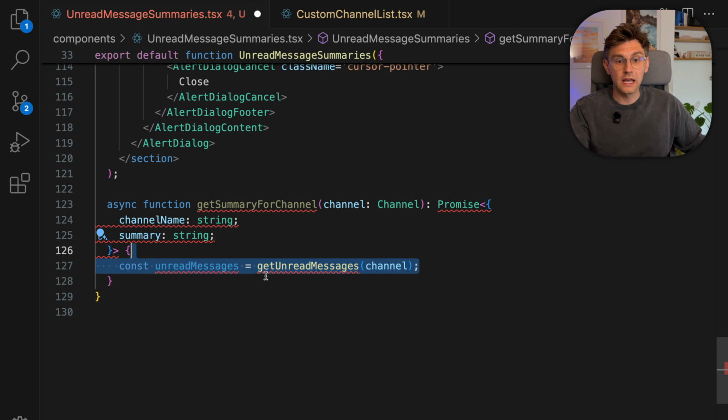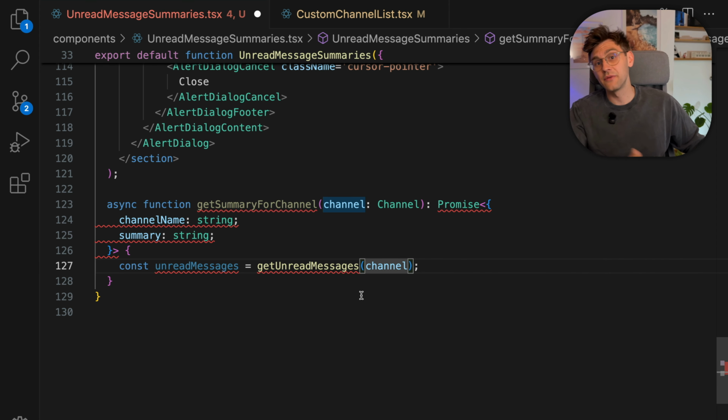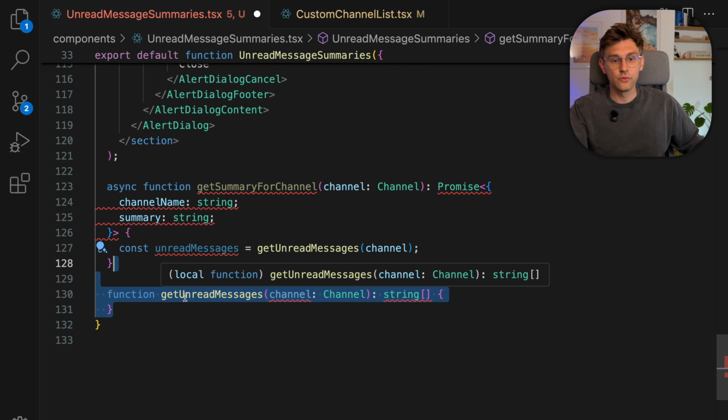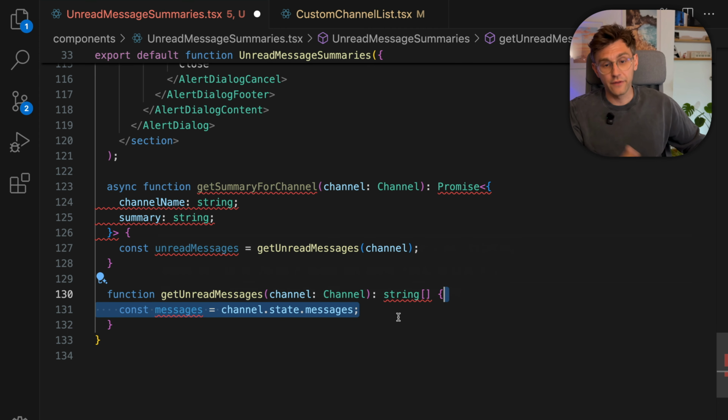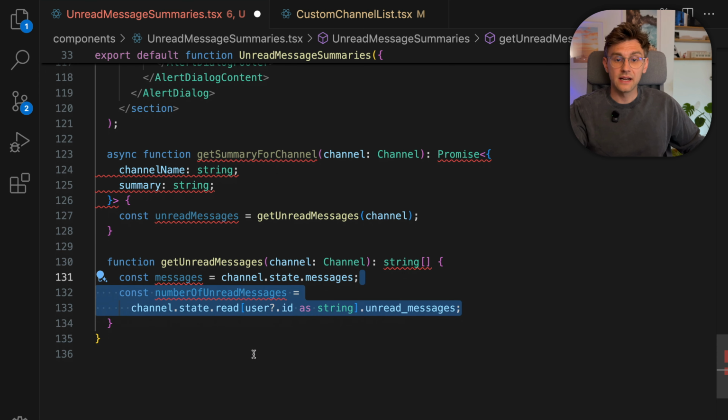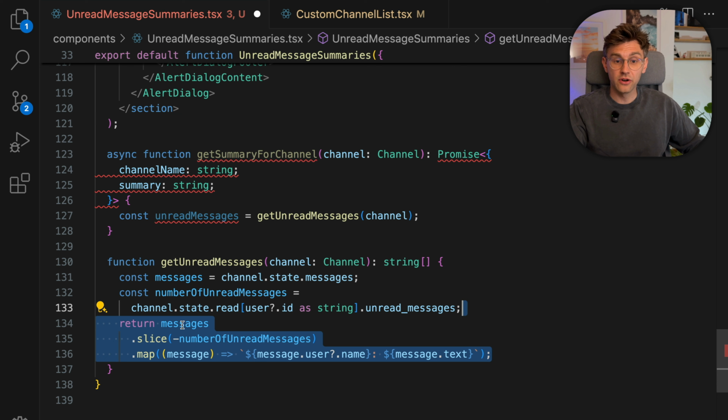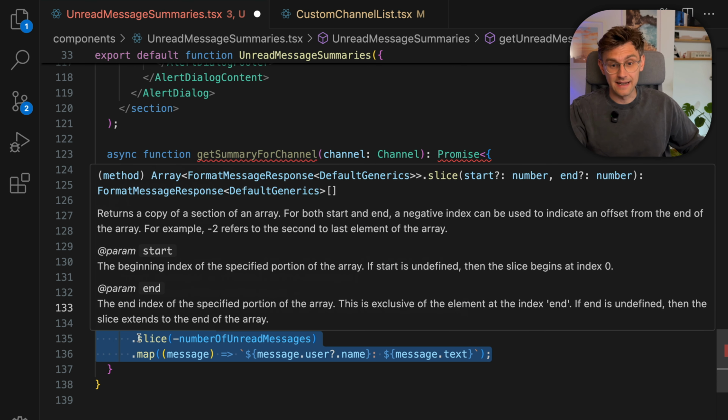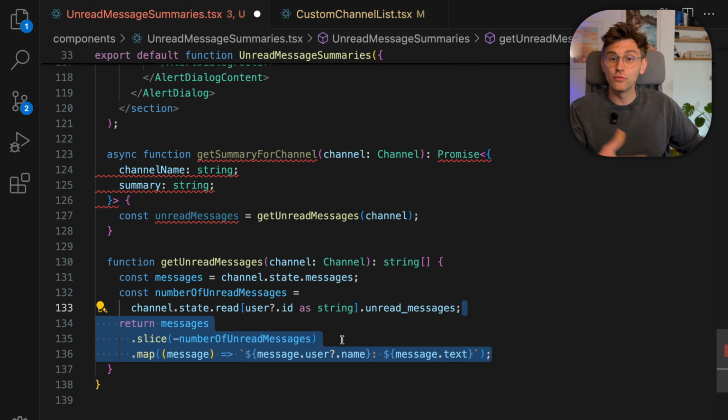And then we will call a getUnreadMessages function for the channel because we need to hand these unread messages to the AI. We don't have that yet, so let's define that next. We get a channel as an input and we return an array of strings, so the array of the messages. And for that, we first extract the messages from the channel state. We then count how many unread messages we have, and then we return the messages. We slice them so that we only have the last few messages that have been unread, and then we map